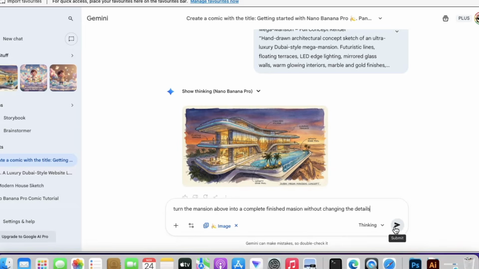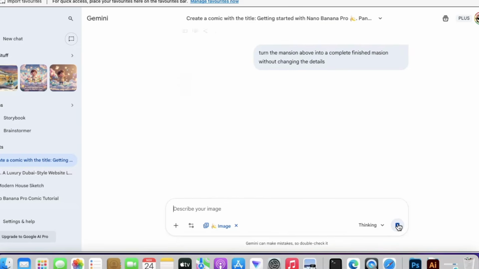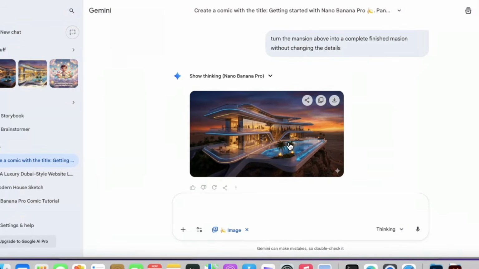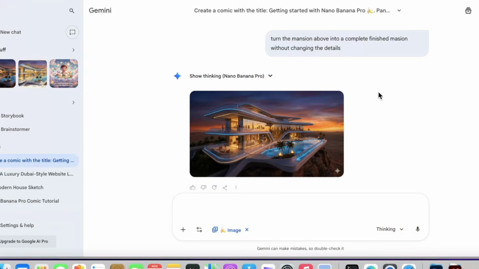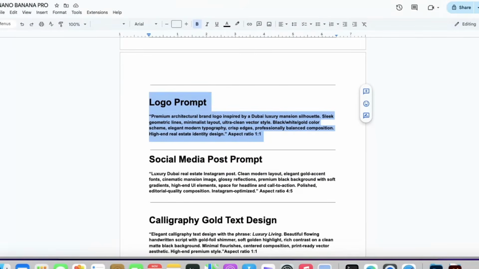So I'm going to submit the prompt and see the results that I'm going to get this time around. Like you can see on our screen, our image is now ready, and these are the details of our beautiful mansion. I love everything. Everything looks fantastic. So this tool gives incredible results. Now that's how you can use this tool for architecture. We are going to continue trying out other prompts, and we see what we can get